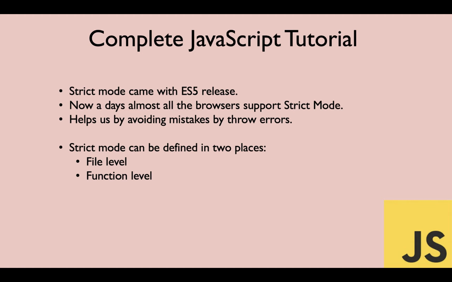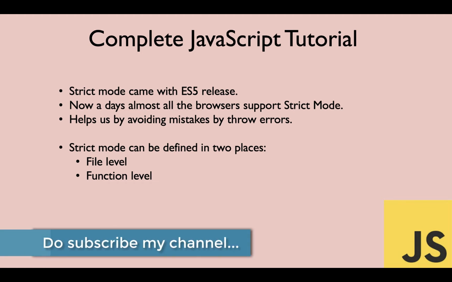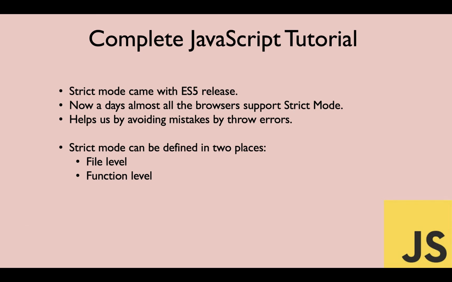Strict mode helps us in avoiding multiple mistakes that are made during our programming practices on a day-to-day basis. It also shows us the mistake by throwing it in the console as an error, and it provides proper details of the error, why exactly that particular error has shown up. We'll see all this in our practical session in the same video, so stay tuned for that. Also, strict mode can be defined at two places: one is on the file level and the second one is on the function level. We'll see that also in our current video itself.